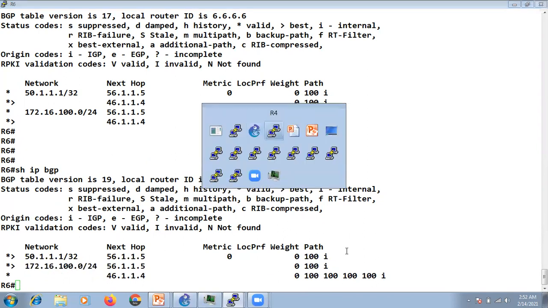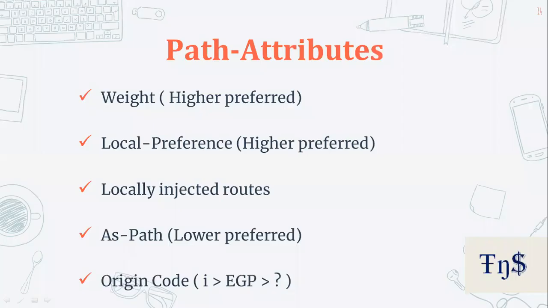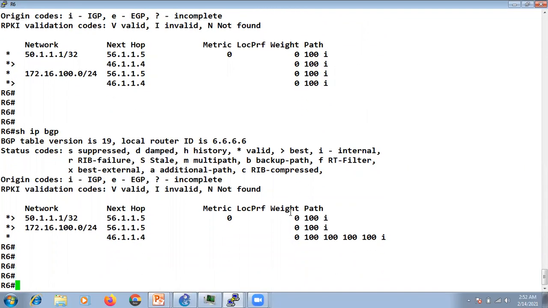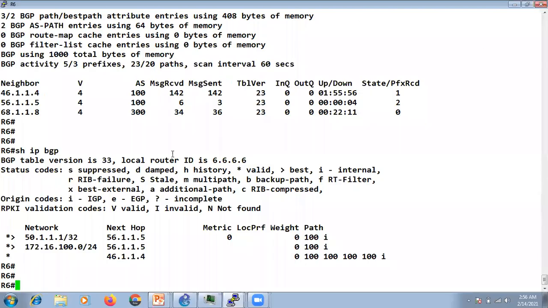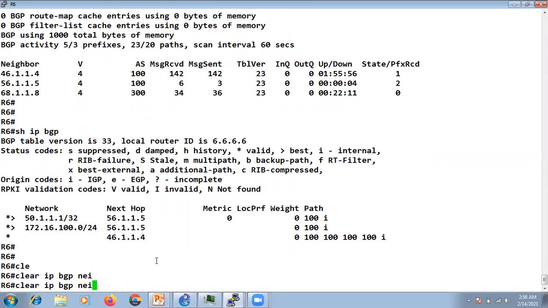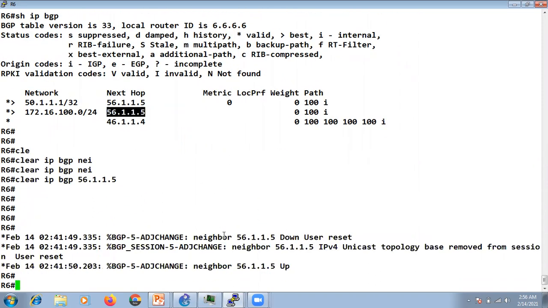Now let's go to our path selection. Let me tell you something here. So now if I say clear IP BGP neighbor, if I clear the neighborship of R6 with, let's say, R5, okay, right?